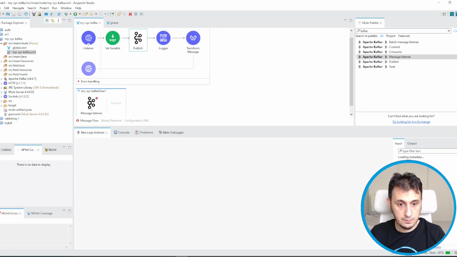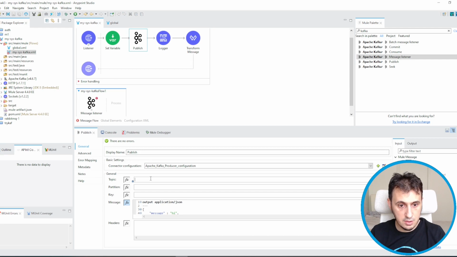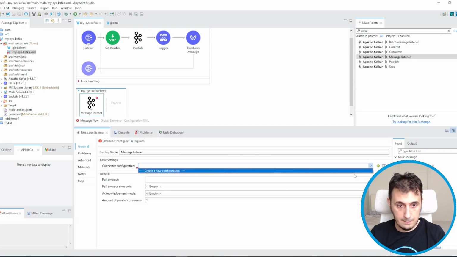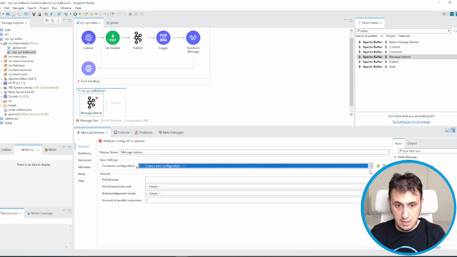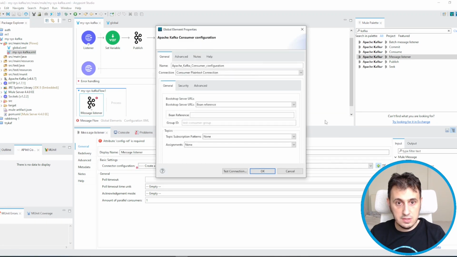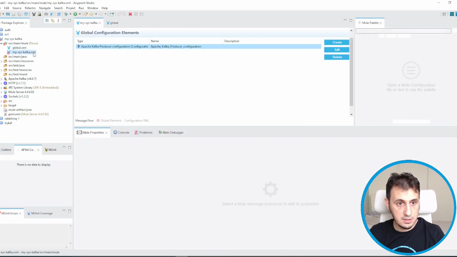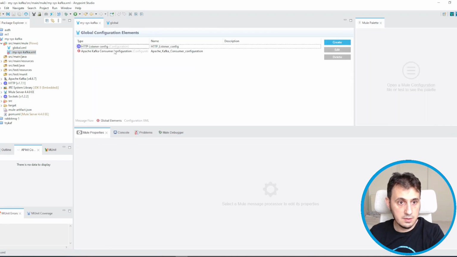Okay, I forgot to insert the topic. For example, we can choose topic 1. I have to insert also a consumer Kafka configuration because consumer and producer use two different configurations. Let's put it in the same file.